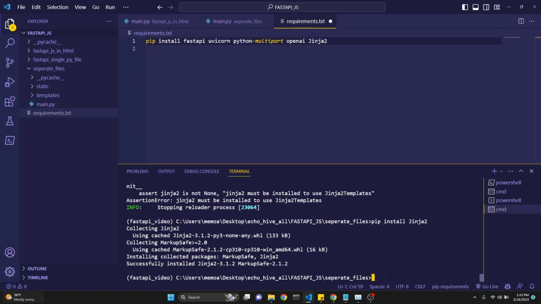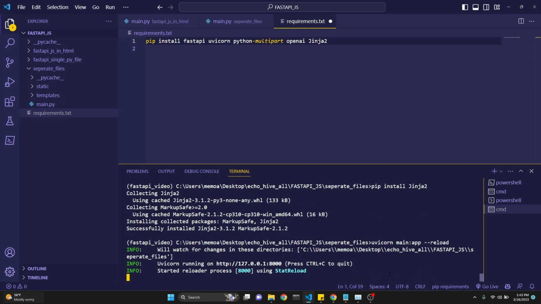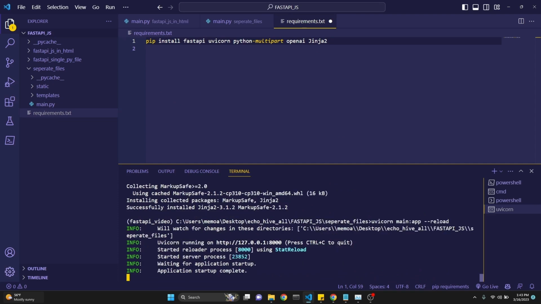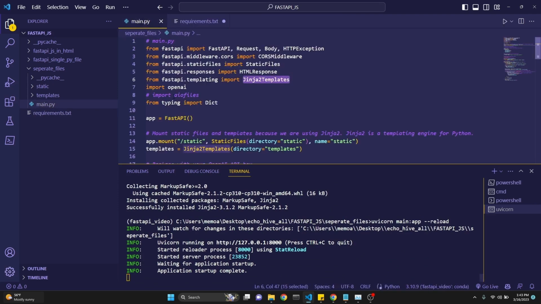Okay, we have installed it. Let's start our app backend again. Hopefully this time. Yep. Okay, this worked. So we didn't really need the aiofiles, as you can see, I've just commented it out. But I just want to demonstrate that if you're running into those errors, you can fix them dynamically on the fly. So now we're just going to go to this URL by control clicking on it,